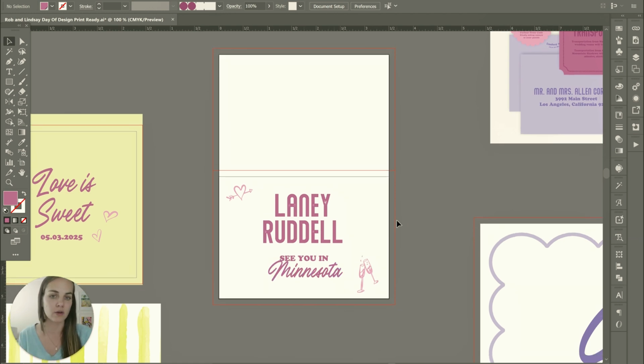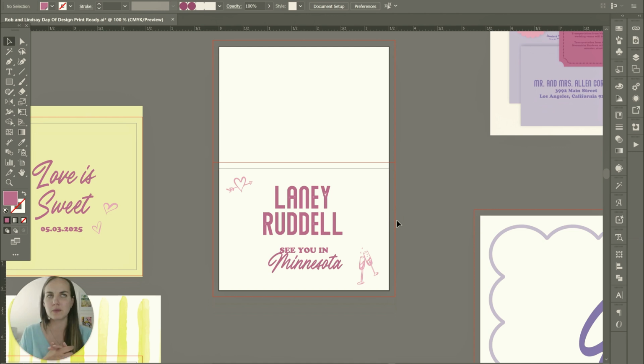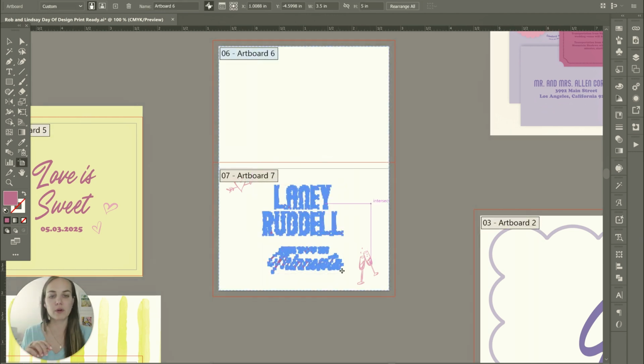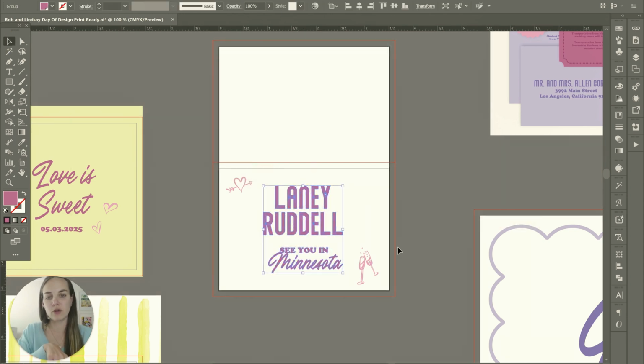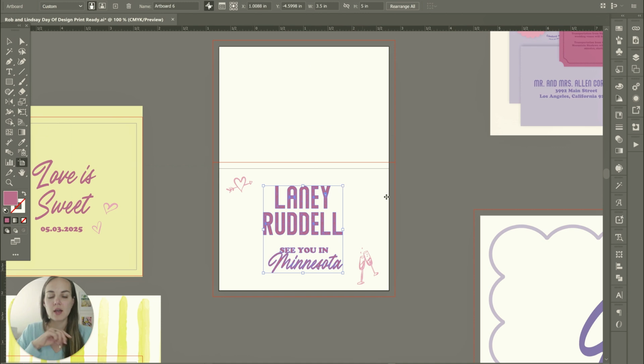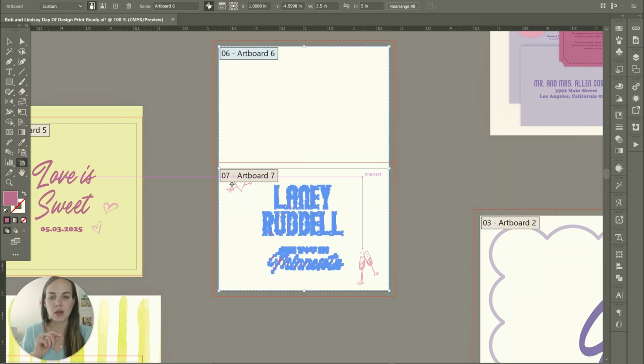But I will just show you how to order the folded card because PrintsWell just added something that's really, really helpful. When I was mocking this up for the client, I showed them artboard 7, which is the folded size, but we're actually going to save artboard 6 because that is the full size. If you didn't do that, then what you can do is click on the artboard that you want, and then you can use this little